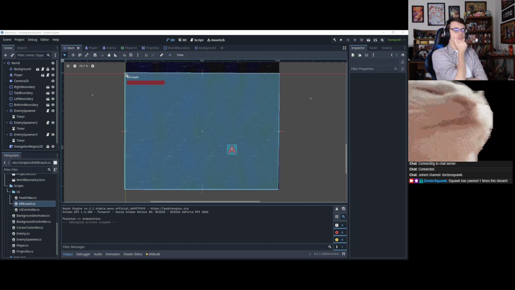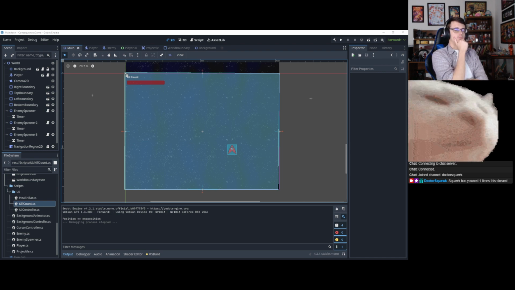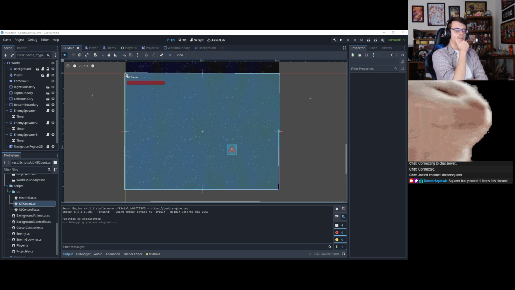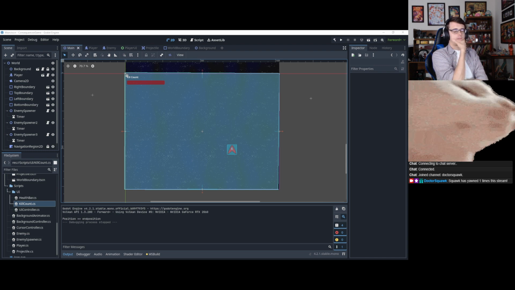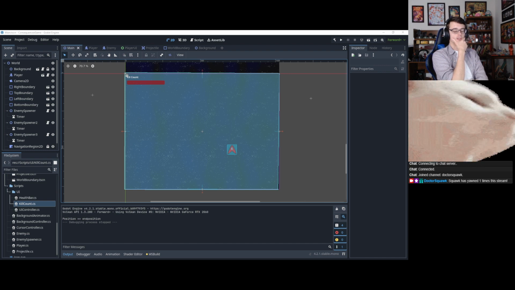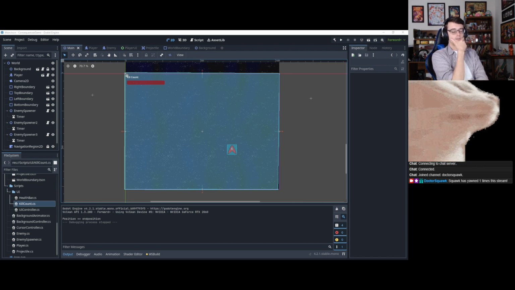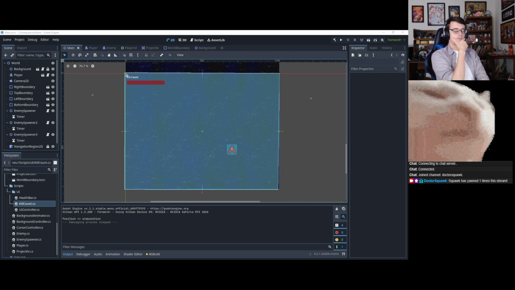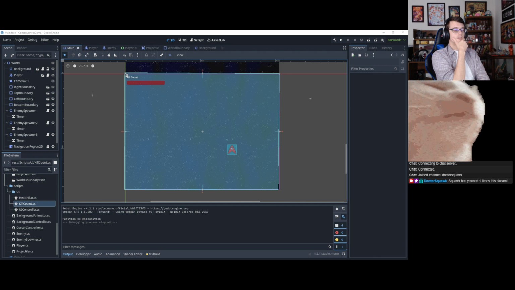Technically, I guess that could also be like time dilation. Yeah. Like, this is just the forest, but it's in the future, kind of. I don't know what you mean.